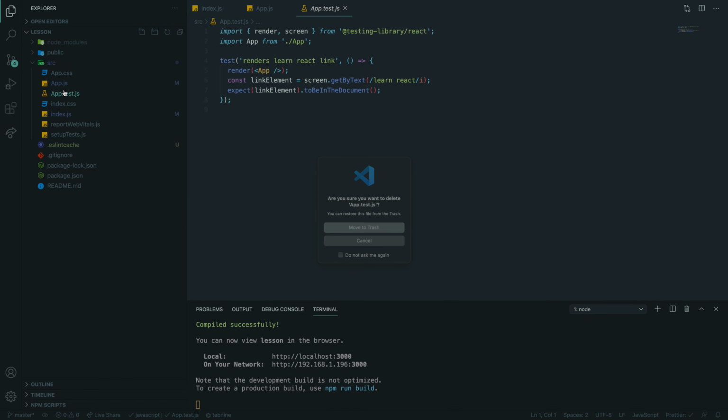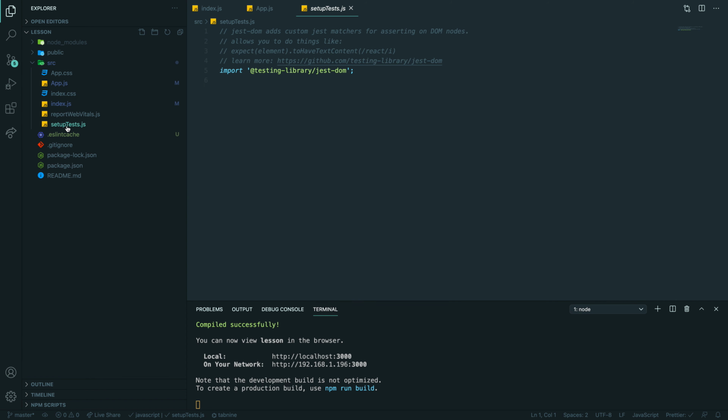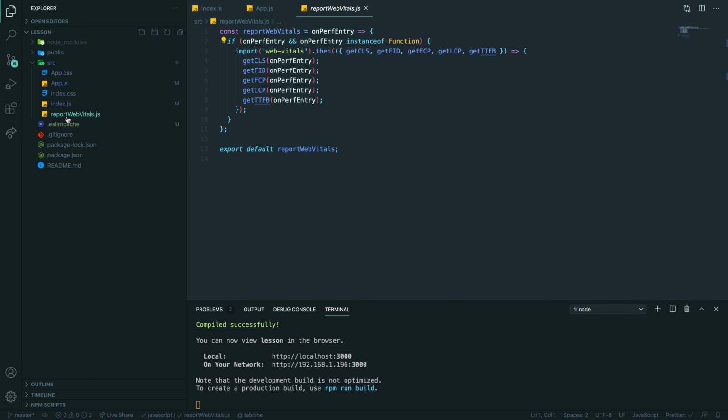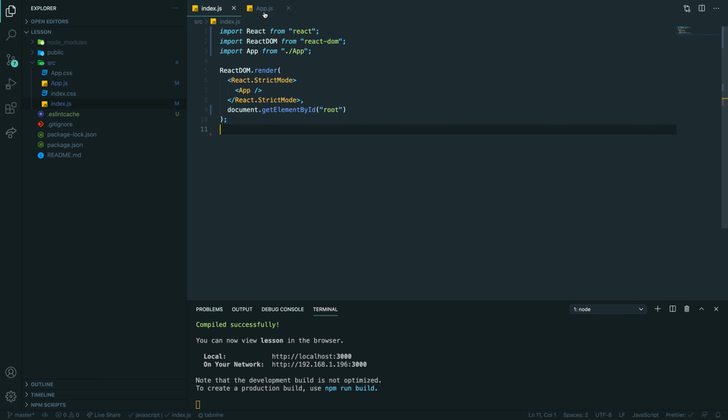And let me just remove a few things because we don't need to set up tests. We don't write tests for now. I'm just removing all redundant stuff. So here we have just React DOM, then you have React strict mode and your main root component. And here you have a second parameter. You see that render is just a function of the React DOM object.